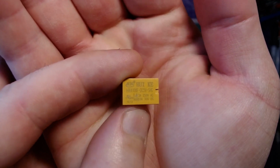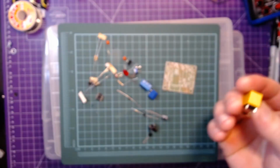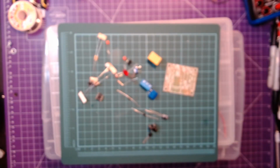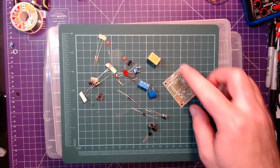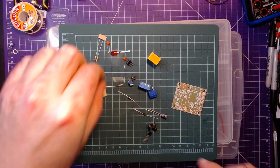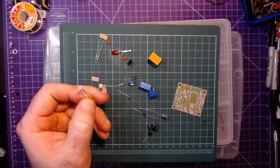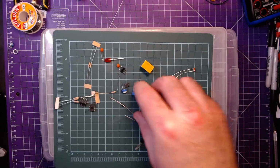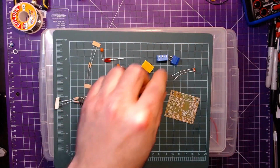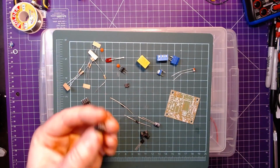Can you see that? Up there, right there, it says DC 5-volt. So 5-volt coil, which will switch between contacts here. But it is controlled by light source. So sort of one of those things where it becomes daytime and your lights switch off, or you know, something like that. So yeah, it's got a little LDR, cadmium sulfide cell, a couple terminal blocks, a potentiometer, a couple of resistors, an LED, and it has a